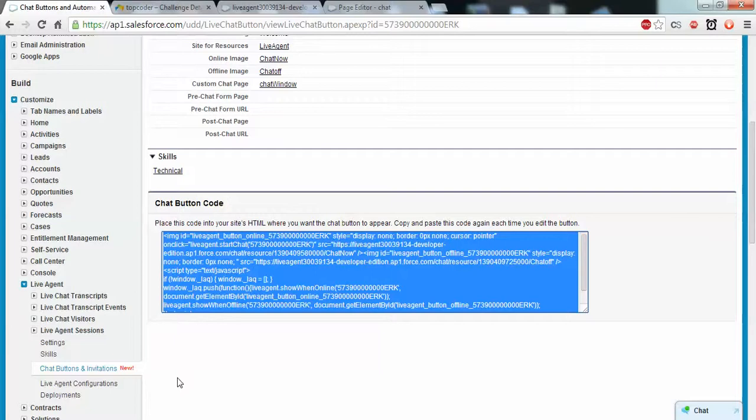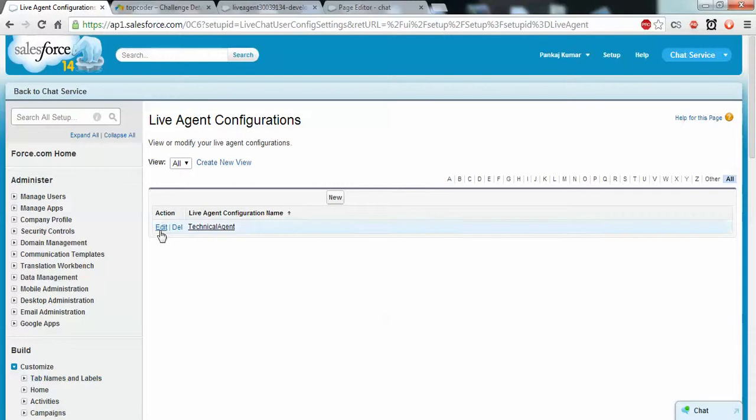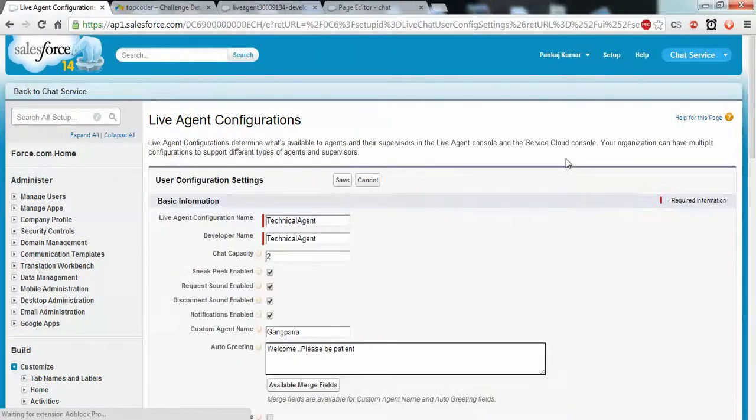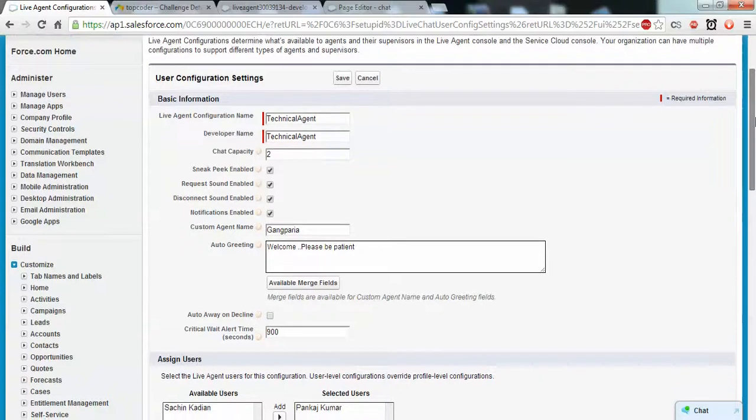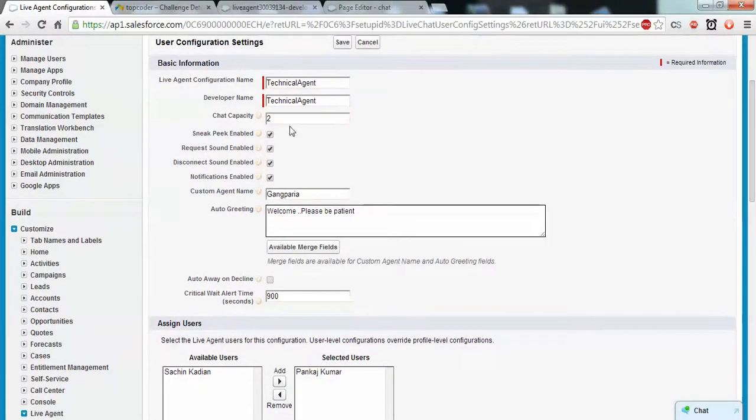Okay, once you have created the button, now go to the live agent configurations. Click on new, technical agent. It will ask for the live agent configuration name, developer name, and chat capacity. I have assigned the chat capacity so a live agent at a particular time can chat with 2 visitors.